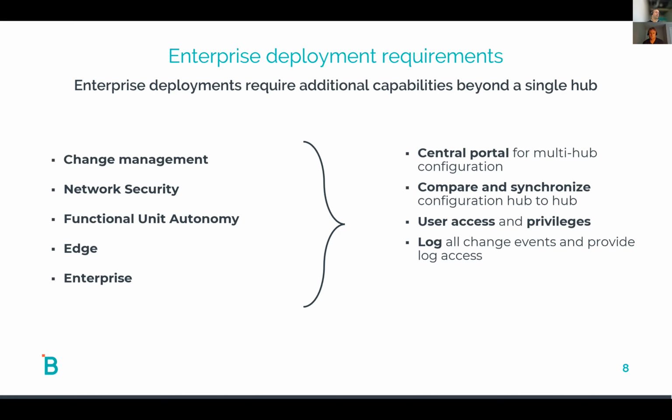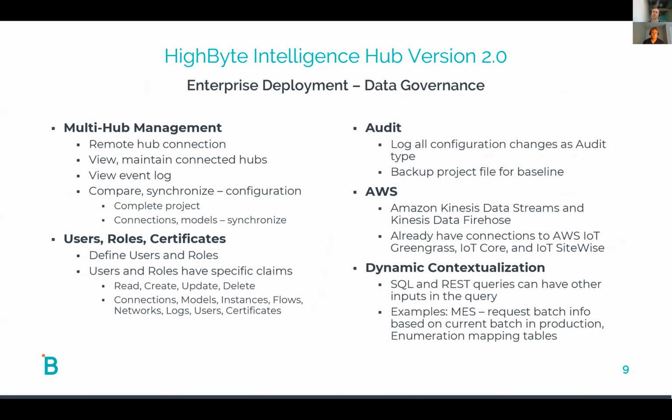And we certainly need to be able to, number one, log any changes that are made, as well as provide feedback to the administrators so that they can make adjustments if connections are lost or connections are down. It was those features and capabilities that really drove us to architect and design the HighByte Intelligence Hub version 2.0. So it's really taking it from the single hub environment to an enterprise deployment where you need to perform data